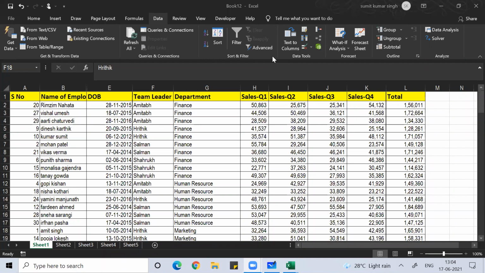Once I get the subtotal department wise, then within each department I want the data team leader wise. Okay, everyone.